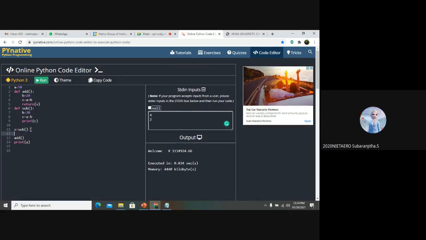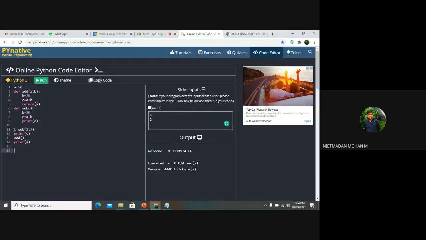Yes, sir, clear, sir. If suppose I am giving a print of yes, then what it means is I am not passing any argument, but I am getting a return value here. So if suppose I am giving here a comma b and I am giving here 2 comma 3, then it means I am passing an argument with the return value.